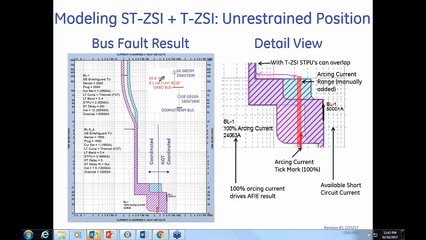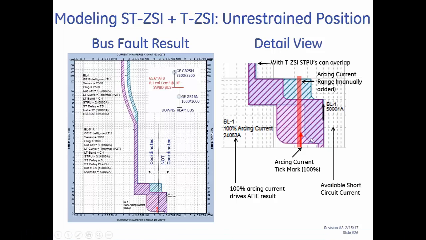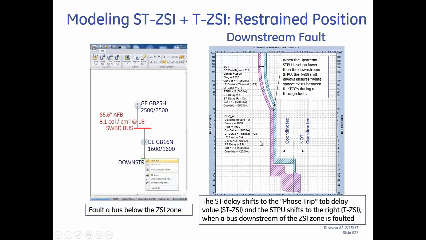So we've got that, and of course the incident energy hasn't changed because we're still clearing at the same time both sides of the arcing current values. So the next slide here is, oops, I missed one. There we go. The next slide here is showing what happens when I fault a bus below the downstream breaker,